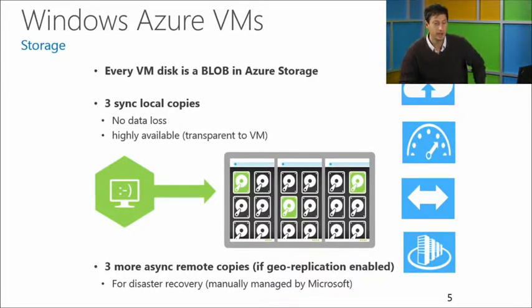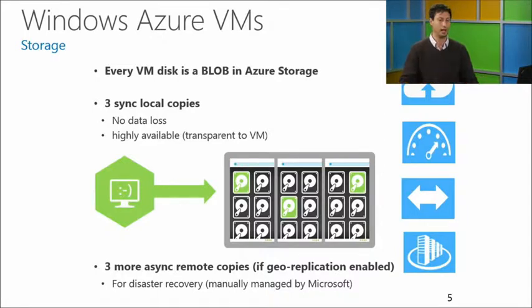In terms of storage, every disk that you attach to that virtual machine where you can store your data is stored in what we call Azure storage, which is basically a centralized system which is highly available, highly secure. The way this works is for every disk that you have, we have 3 copies running in Windows Azure Storage so that we can ensure that you never lose your data. So even if one of the copies goes down or 2 of the copies goes down, you still have an